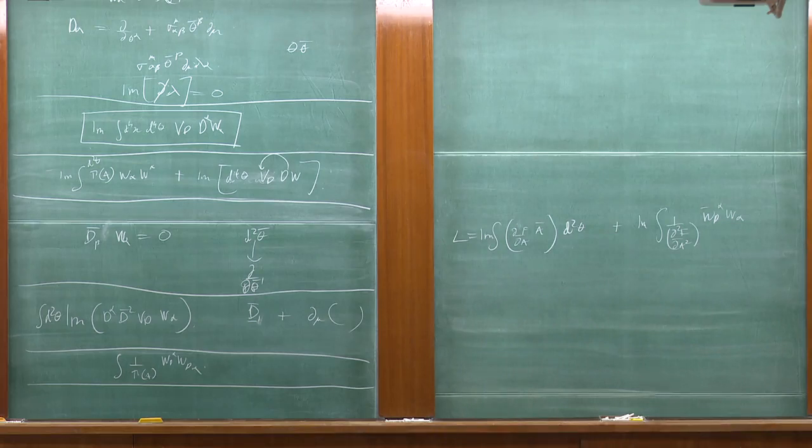For W, the equation of motion for W alpha will give relations. This would be one way of doing it, I agree. But there is another way, we can just look at it and do it. Okay, so you see, the point is this: